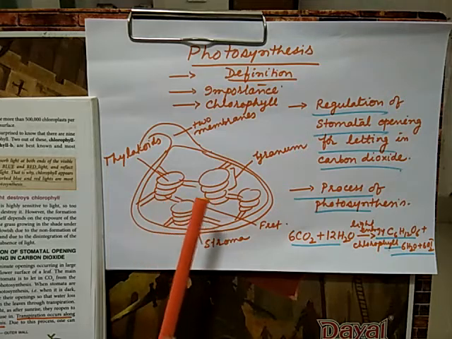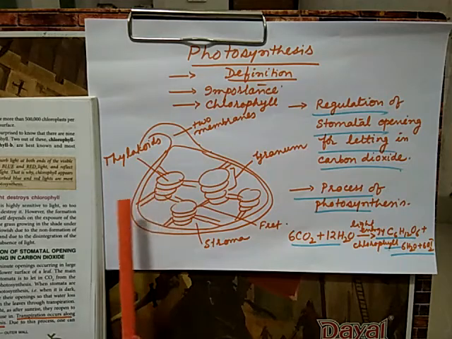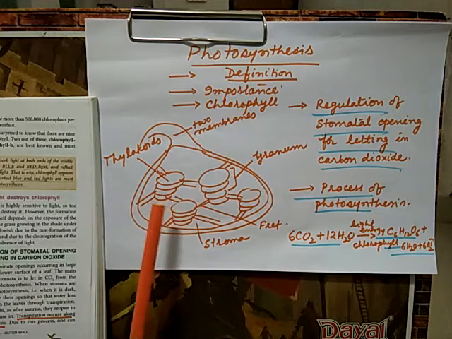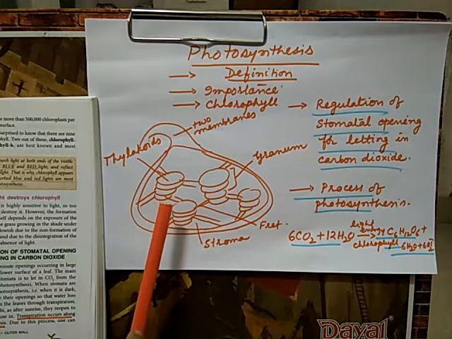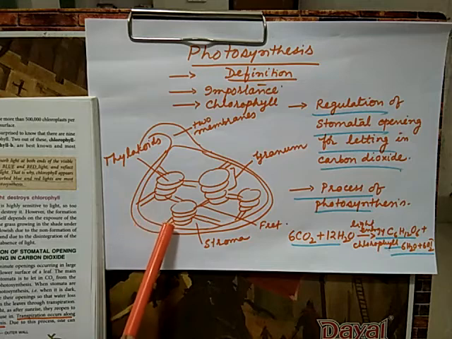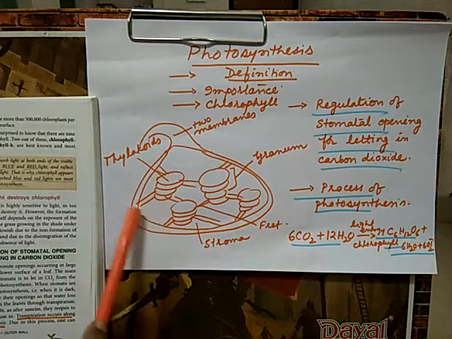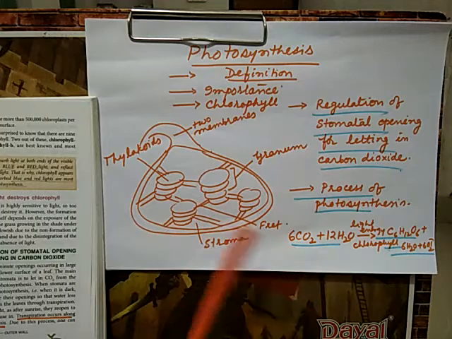And these chloroplasts are mainly contained in the mesophyll cells. Mesophyll cells are present in the leaf; normal leaf cells are called mesophyll cells. These mesophyll cells are present between the upper and lower epidermis of the leaf. They are known as palisade parenchyma or palisade cells and spongy cells. And this particular structure is very important. You have to draw this, and the stroma and thylakoids both participate in the process of photosynthesis.